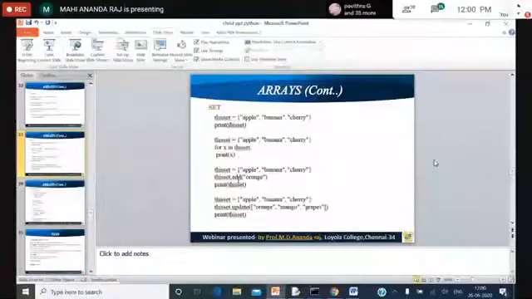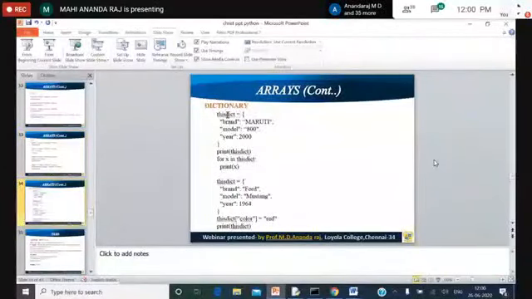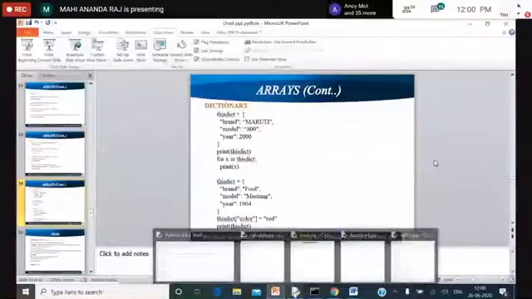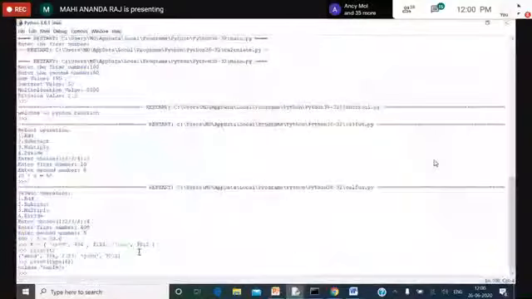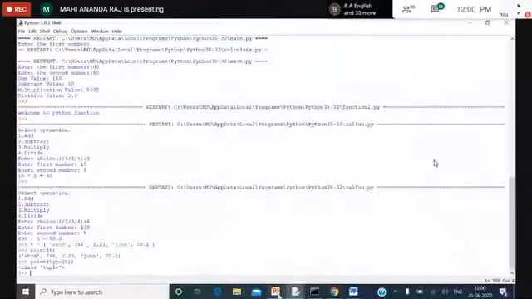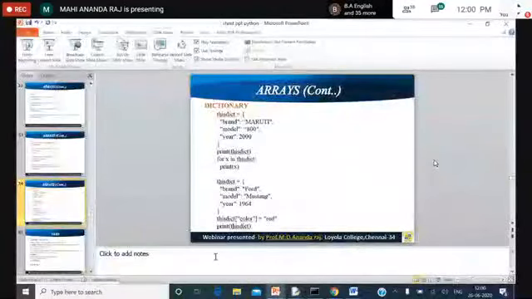Similarly, I want to add orange to the existing set. It will print. Again, you can update by using that particular thing. Very similarly the same code works for dictionary. You can copy all this code and enter it here in the IDLE environment. You will get the output. So all the things I want to share, I have shared.